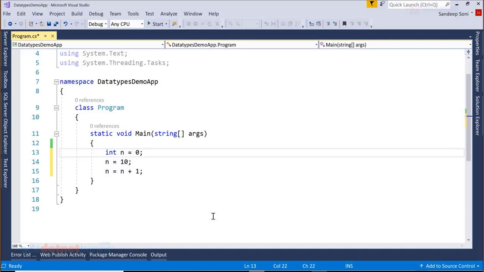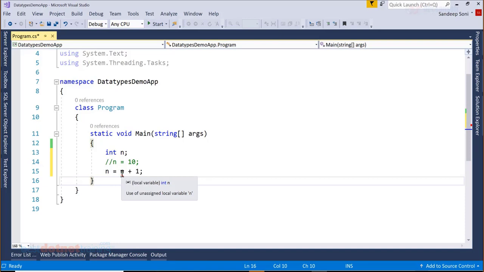Now, what is important in the C# language is, if a variable is declared and it is not initialized, it is going to be a compilation error. You see this red mark? It's an error. Use of unassigned local variable.